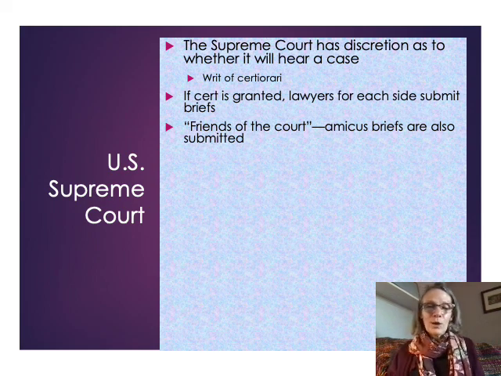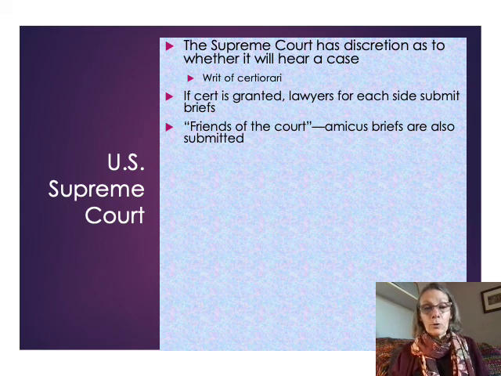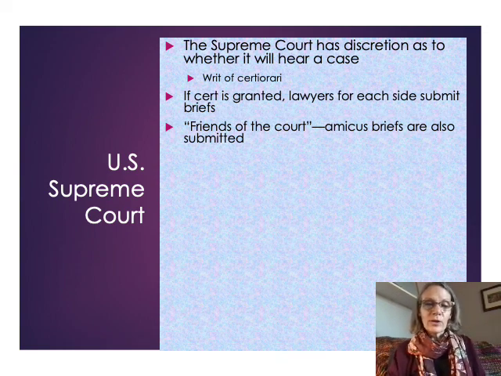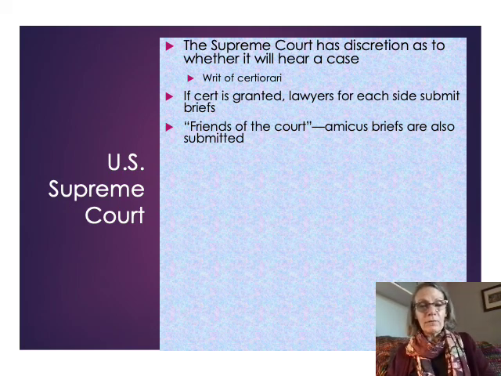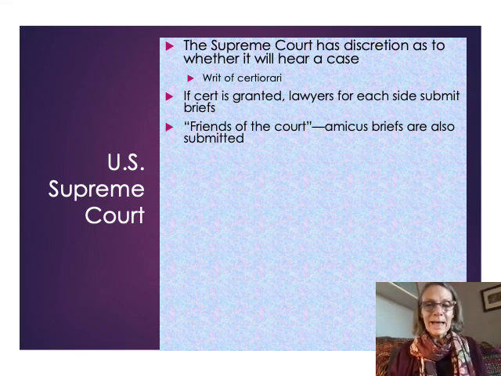encouraging the Supreme Court to rule one way or the other. So for a concrete example, let's say there is a case having to do with the Establishment Clause, like whether or not putting a big granite monument of the Ten Commandments in a state-owned park violates the Establishment Clause. Well, groups that are affiliated with promoting religious liberties, and making sure that people's religious viewpoints are expressed, are going to submit briefs to the court saying, nope, this isn't a violation of the Establishment Clause. But other groups like the American Civil Liberties Union will submit briefs saying, yes, this is a violation of the Establishment Clause.